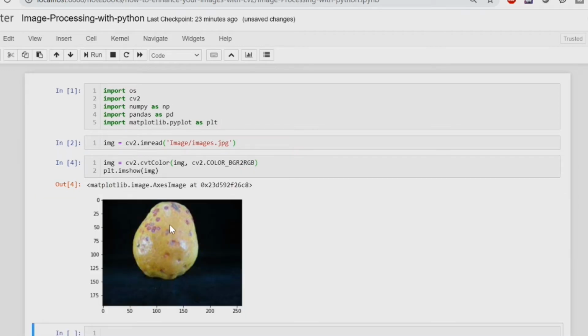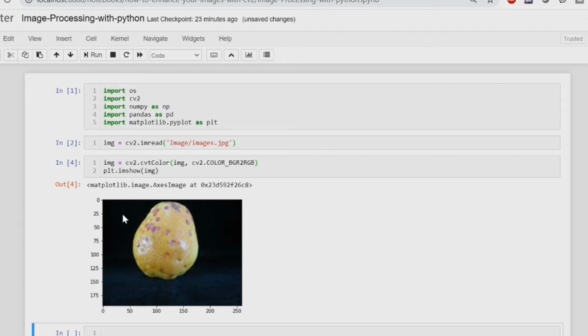There are a couple of problems with this image. If you see, the black background around the image is very large, and you want to detect the guava out of this complete background. Also, there are some light reflections on top of this guava that may cause harm when you feed this image to a neural network. So we will try to pre-process this image, find some contours and try to extract the object out from the image.